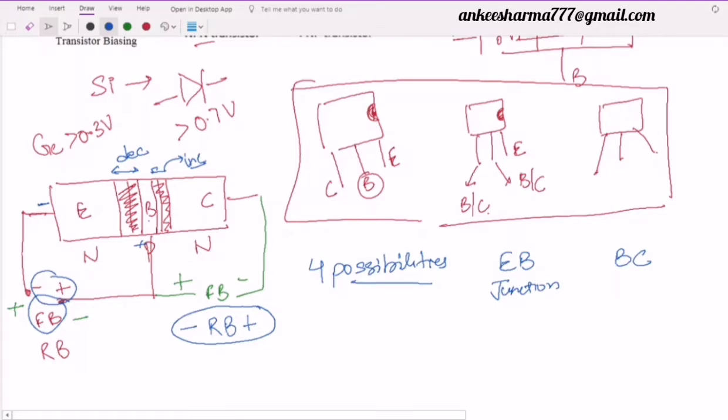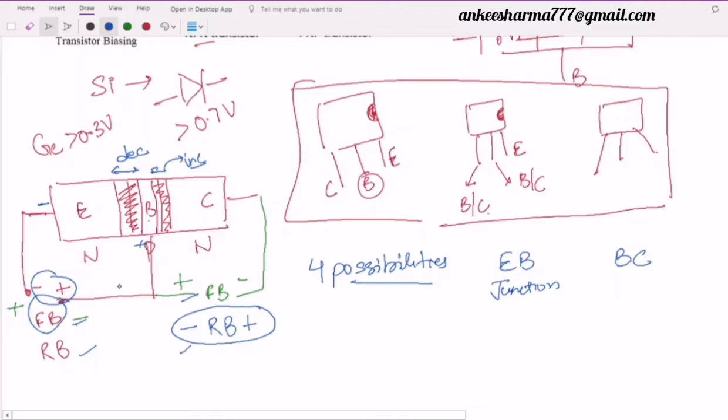So it was simply 2 epsilon s by q under root of 1 by Na plus 1 by Nd into V naught. So you just go back to that video and you can see the formula there. Moving further, in that case we will find that this width will change with respect to this biasing. So now this width is going to affect a lot of things.